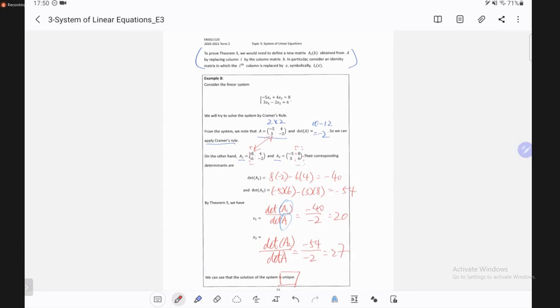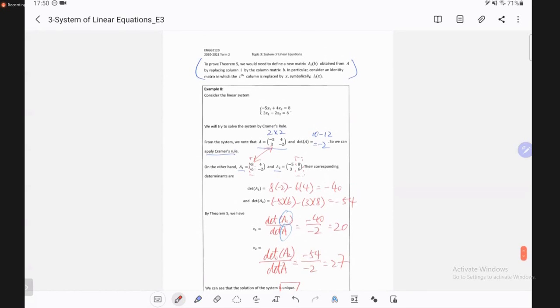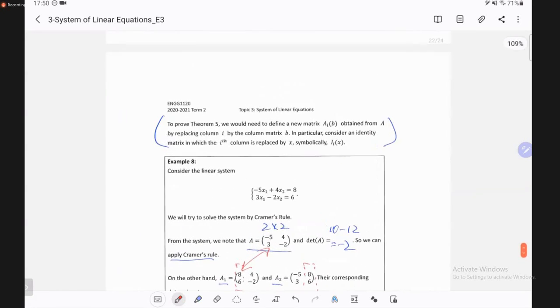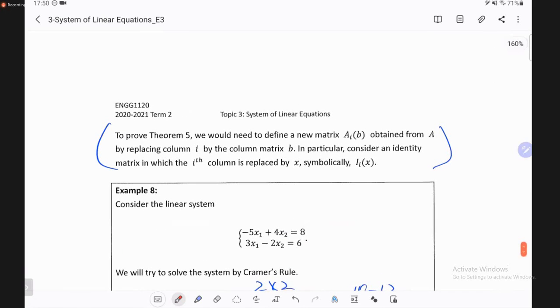All right. So now I would like to prove Theorem 5. But before that, I would like to introduce some terminology first. In order to prove Theorem 5, we need to develop some new matrix. But actually, this is not too new, right? We already used it in the definition of Cramer's rule, and I would like to borrow this kind of matrix or concept